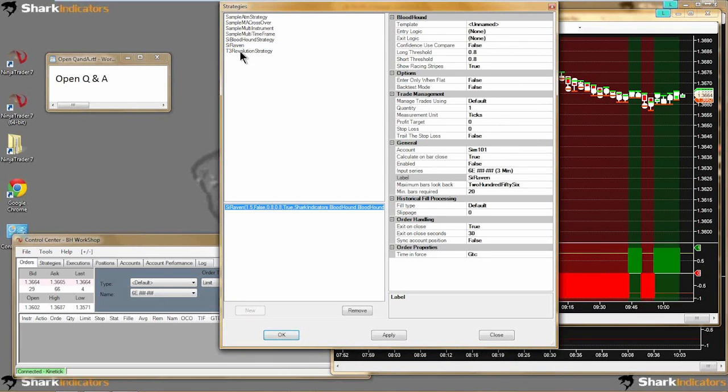Essentially, in order to reverse, you need to make sure that enter only when flat is set to false. When this is false, that allows reversals. If we set it to true, then Raven has to wait until you're flat before it can enter. By default, this is set to false, so this allows reversals automatically. So if your entry logic,